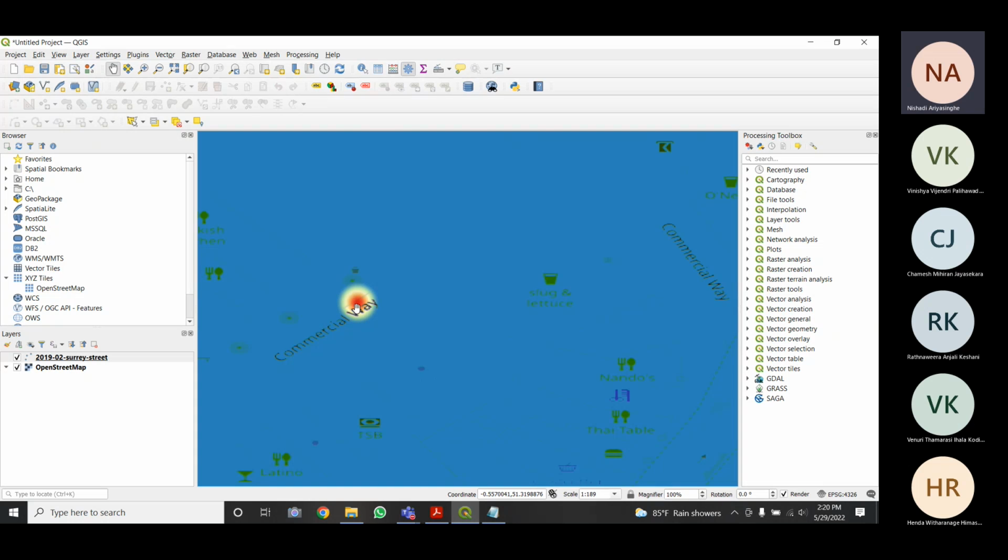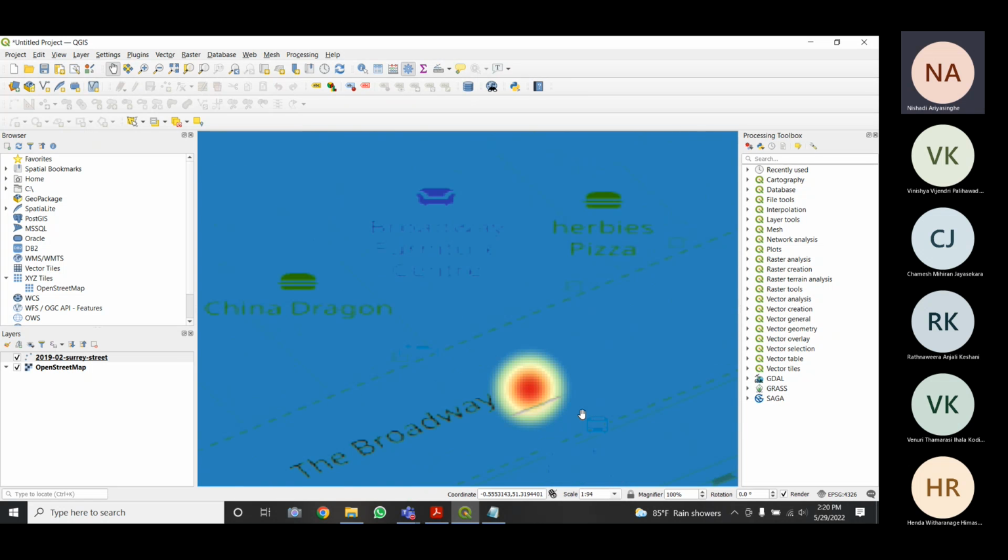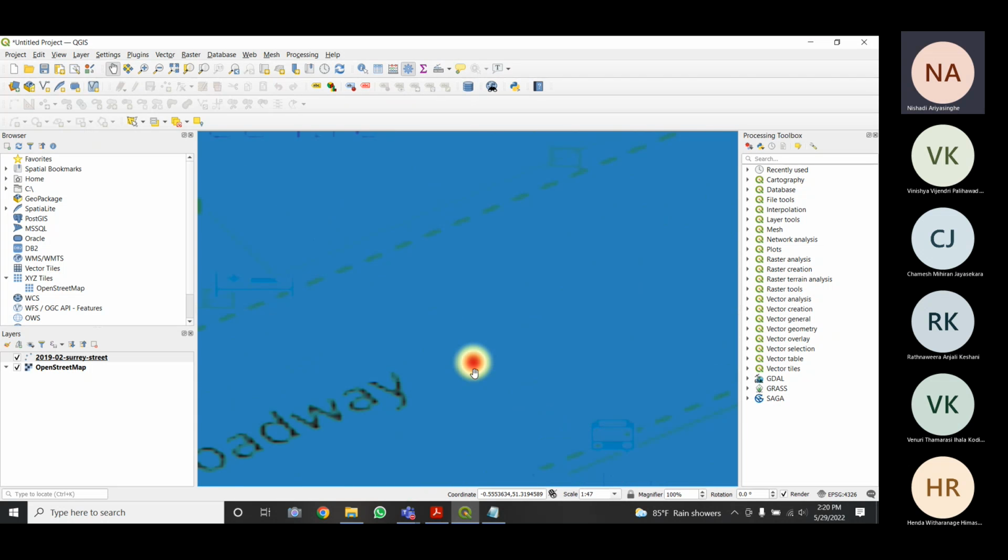So that kind of crime might have happened here because the color is red, which means the larger weight is being shown here. So like that, we can zoom into certain places and see, right? So this is the broad way.